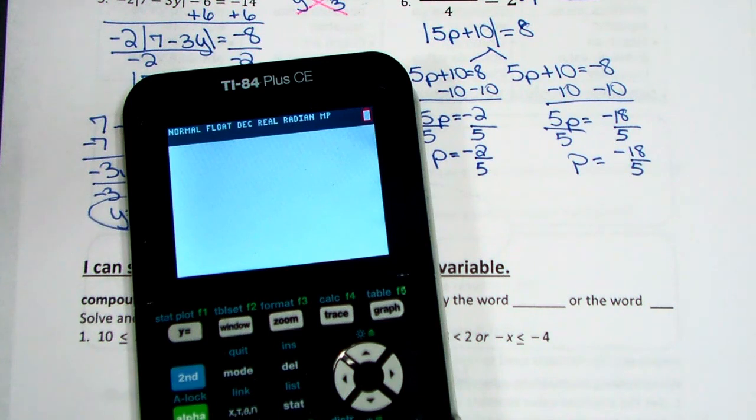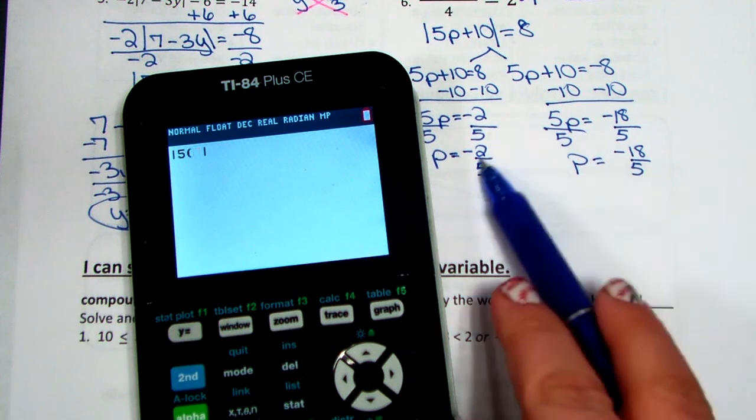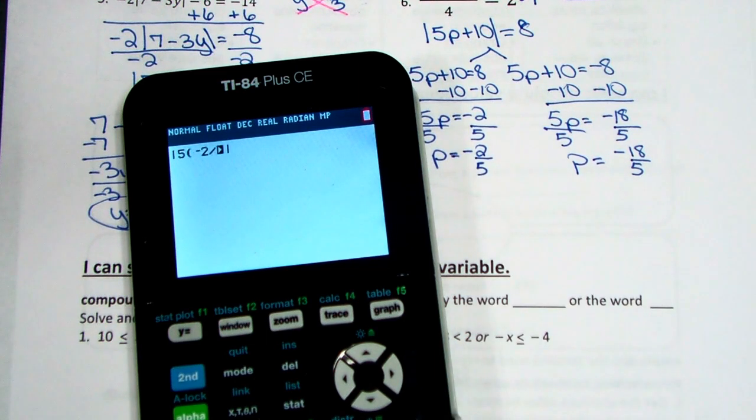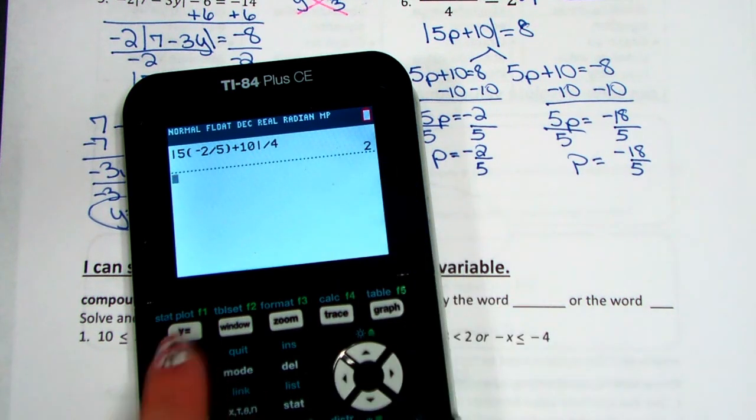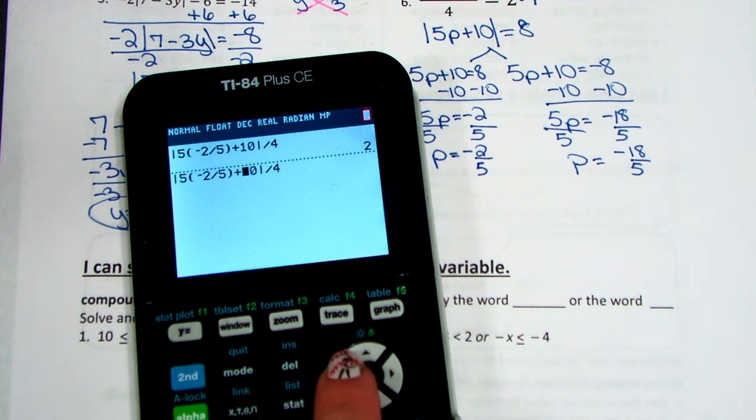So I have the absolute value, so math NUM absolute value of 5 times, we're going to do negative 2/5 first, plus 10. And we want to divide that by 4. And we get 2. Perfect. Let's do it again. This time we'll plug in